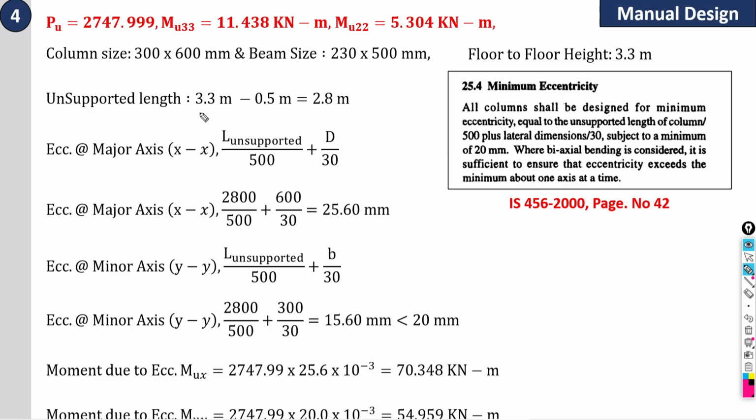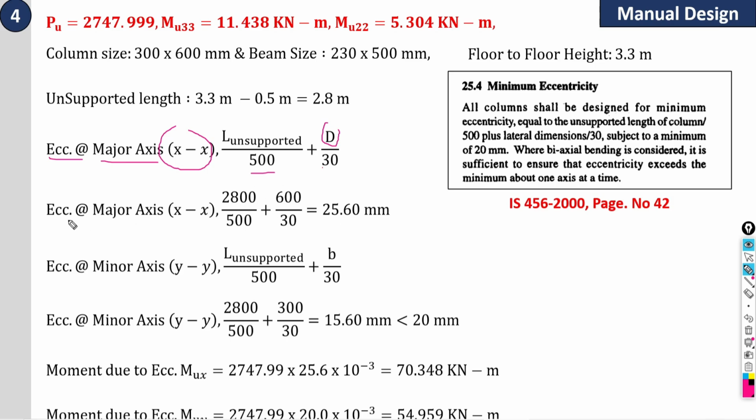So here 3.3 minus depth of the beam as 0.5, we are getting the unsupported length of your column as 2.8 meter. Now finally I can use this formula to find out the eccentricity. Eccentricity about major axis, that is your x-axis, is L unsupported length divided by 500 plus overall depth divided by 30. If you put all the values here,